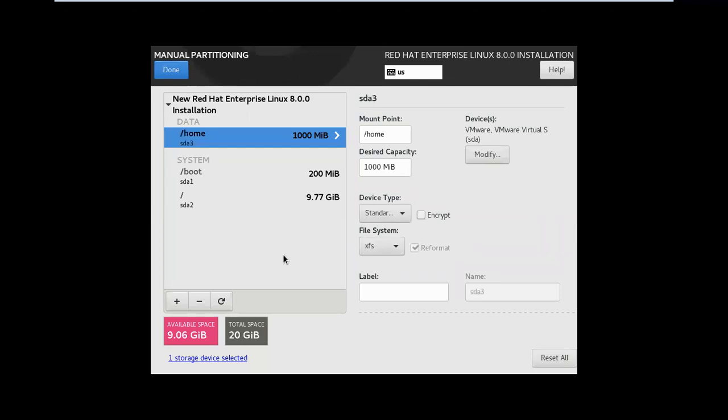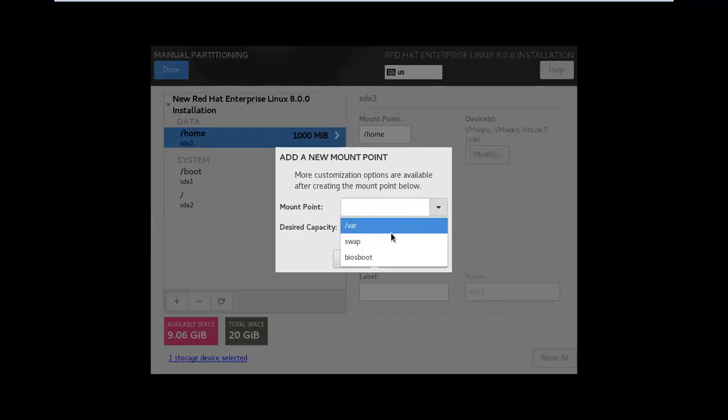Now, theoretically I already discussed yesterday that we have 3 types of file systems: disk-based, network-based, and memory-based. The memory-based file system in Windows we call virtual memory. Virtual memory is automatically selected by Windows at the time of installation. But in Linux you must provide one virtual memory. That is nothing but a swap partition. So create swap now. Click plus and select swap. I am giving 1000 MB.